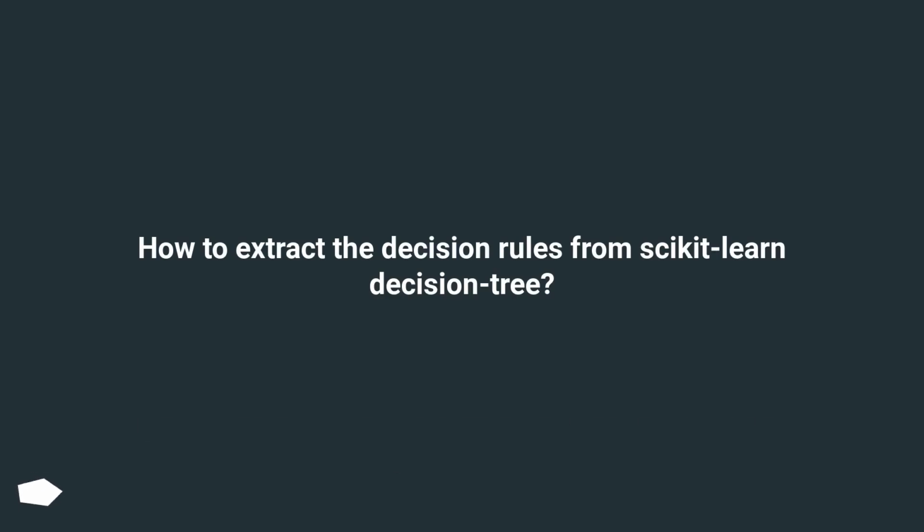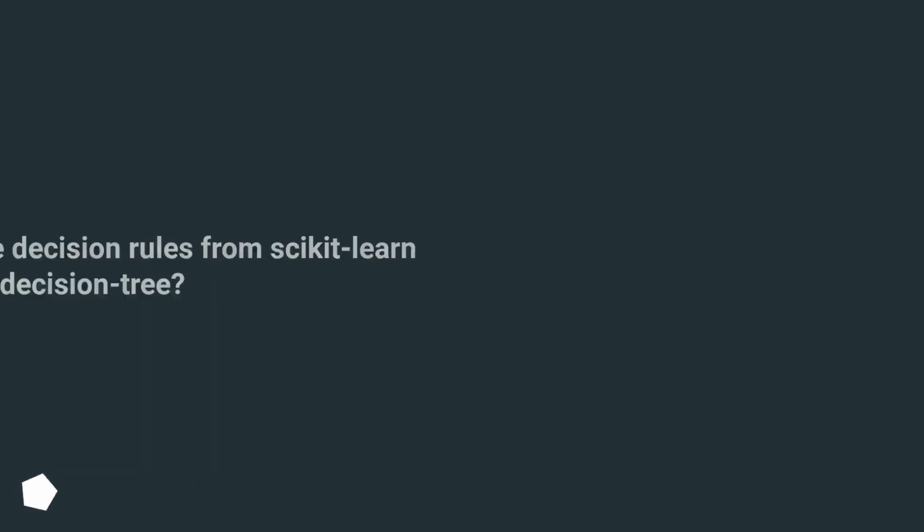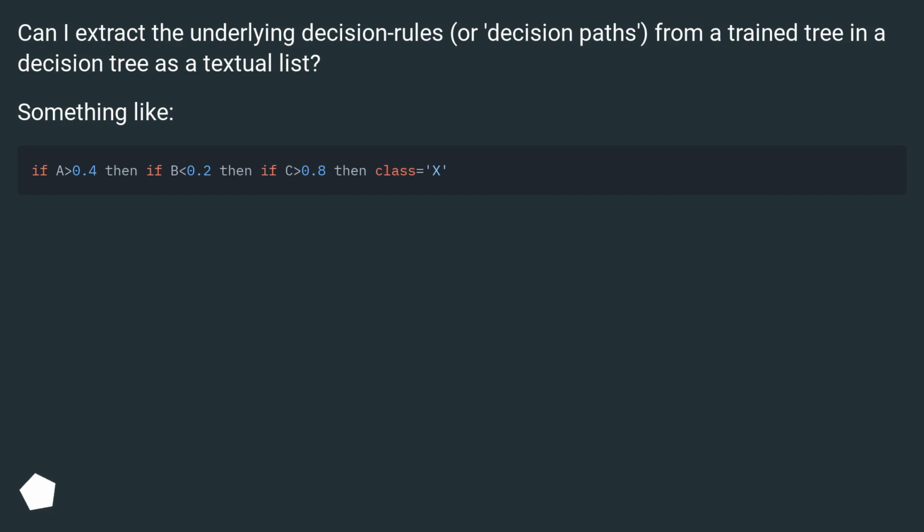How to extract the decision rules from scikit-learn decision tree? Can I extract the underlying decision rules, or decision paths, from a trained tree in a decision tree as a textual list? Something like